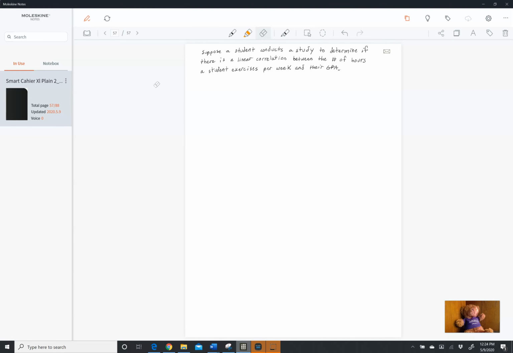I think in this one, I don't have any repetitive X values either. But again, if you take a sample, you can have multiple students who say that they exercise 3 hours per week. So it just depends on your sample. So the data that was collected, you have hours of exercise. This is your X values. And then you have GPA. So for hours of exercise, we have somebody who does 12,